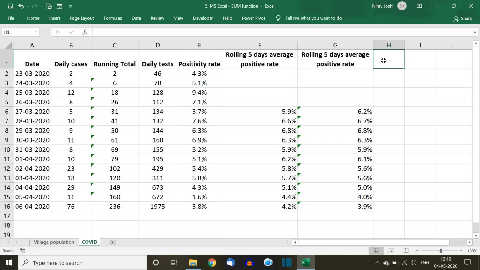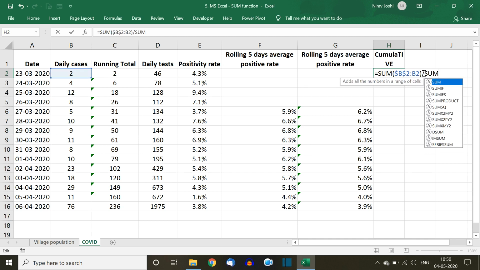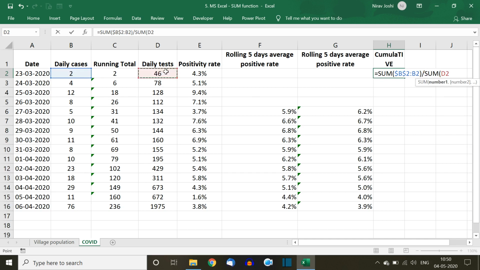If we want to calculate the cumulative average, we can fix that range here. We can simply put equal to sum, select this cell, colon, fix the first cell here, complete the parenthesis, divided by sum, first cell, colon, fix the first cell in that range by function 4, complete the parenthesis and press enter.